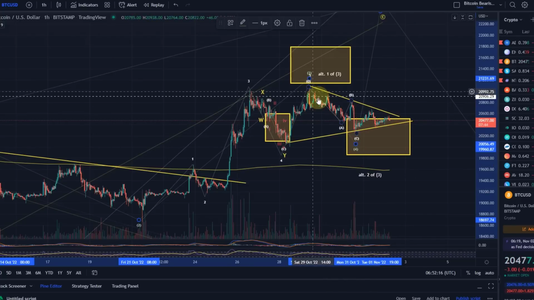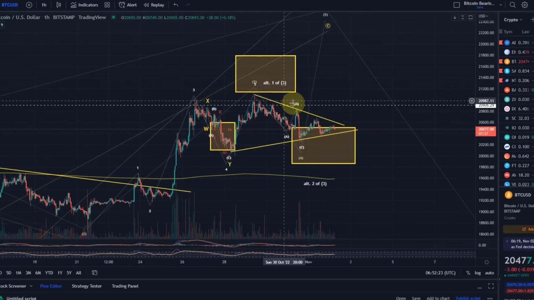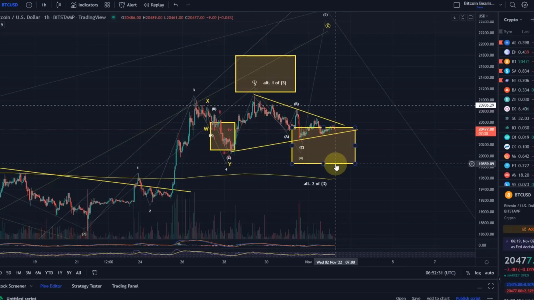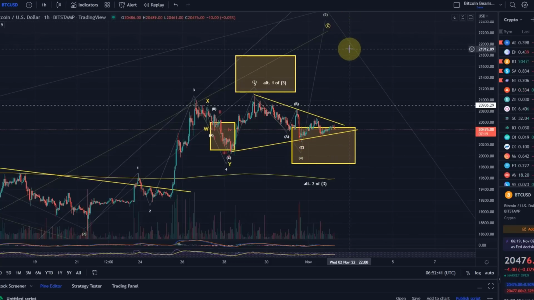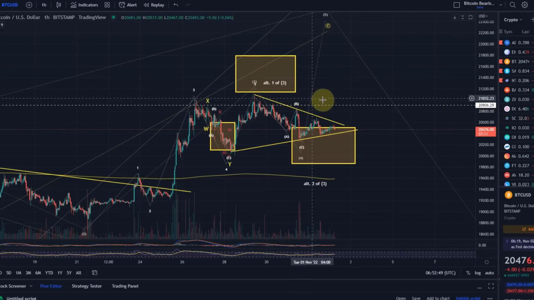It would just sort of restart the wave 4 from a bit lower. At the moment, we could say that there was an ABC pattern in place and it's already done that wave 4, but in the short term here, it just leaves a lot of options, especially with this triangle. So we just need to be aware that this can come down, no problem at all, in a wave 4, all the way down to 19,850, and it wouldn't harm the overall assumption of still short-term upside. It wouldn't harm that at all. So that is sort of the view at the moment, and in another move up, the first target would be here. If it is a triangle pattern, then we can look at the 20,900 level.